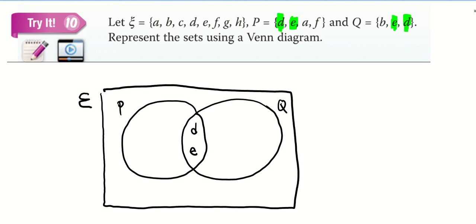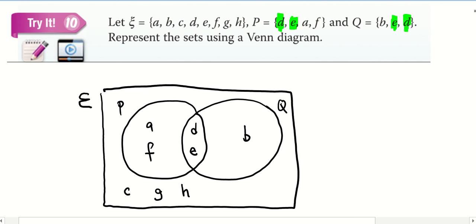What is missing inside P? A and F, right? So let me put in A and F. Is there anything missing inside Q? Yes, there's an element B. Do you think this is sufficient? Why not? The universal set is bigger. There are elements in the universal set not found in P and Q. Am I right? Let's check. Is A done? Yes. B done? Yes. Is C inside already? No. Then you need to draw it outside the circle. D is done. E is done. F is done. G